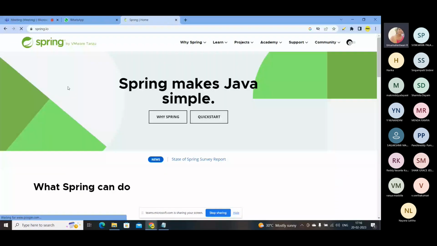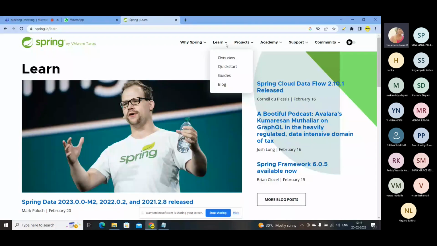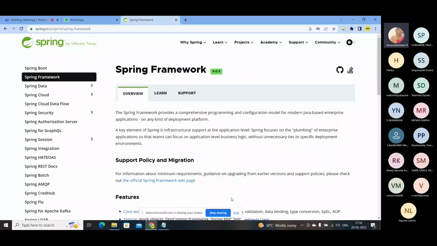This is the Spring website. If you go to the overview, I will select Spring Framework. So this is the Spring Framework. Let's understand what it is for. The Spring Framework provides a comprehensive programming and configuration model. So what is called a configuration model? Example,